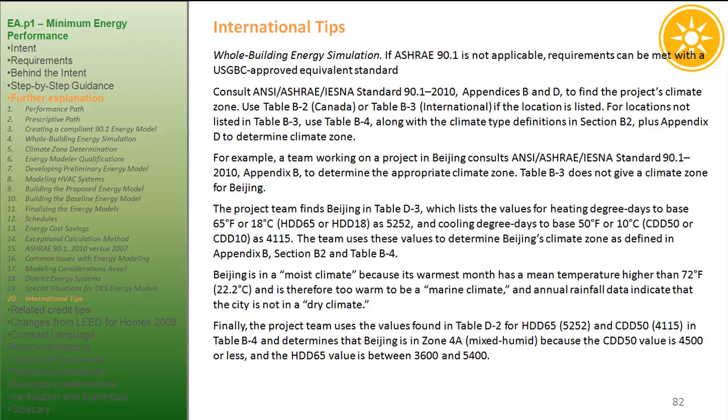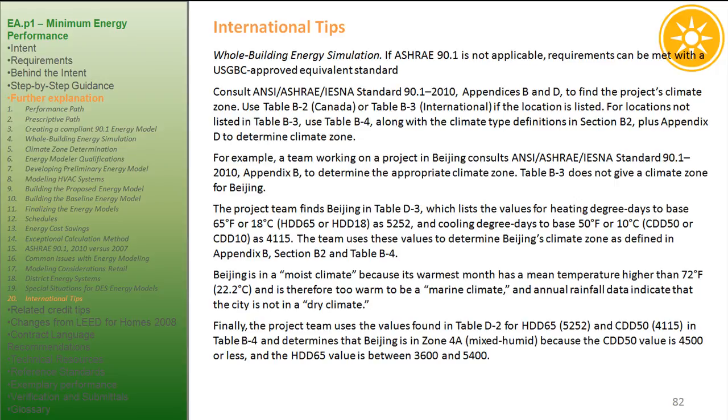For example, a team working on a project in Beijing consults ASHRAE/ISNA Standard 90.1-2010, Appendix B, to determine the appropriate climate zone. Table B3 does not give a climate zone for Beijing. The project team finds Beijing in Table D3, which lists the values for heating degree days to base 65 degrees Fahrenheit or 18 degrees Celsius, HDD 65 or HDD 18, as 5252, and cooling degree days to base 50 degrees Fahrenheit or 10 degrees Celsius, CDD 50 or CDD 10, as